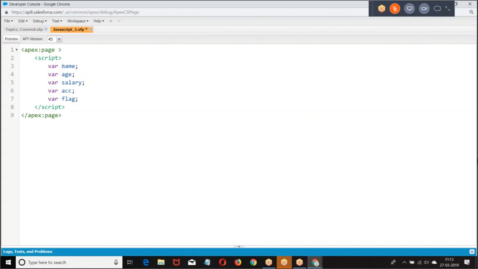Var, variable name. Are you clear? All the variables in JavaScript are defined with var. Come back to this point. Var name equal to Satish.